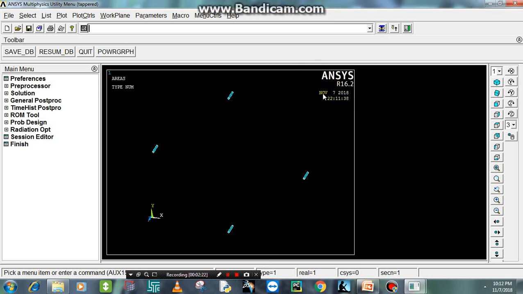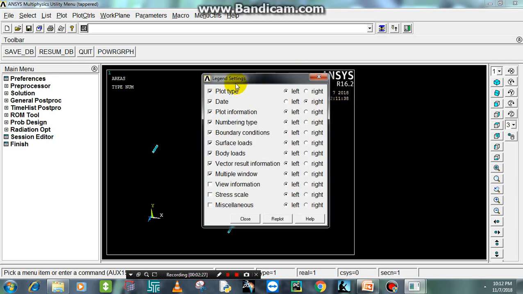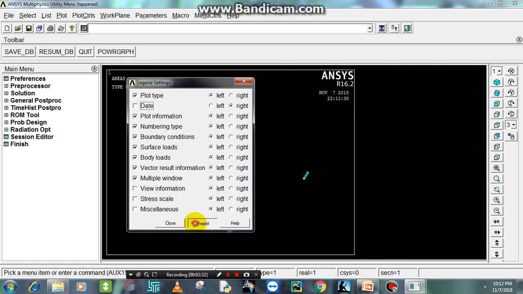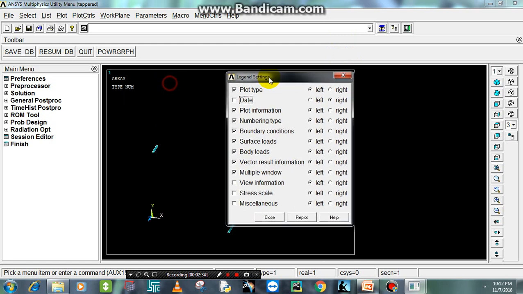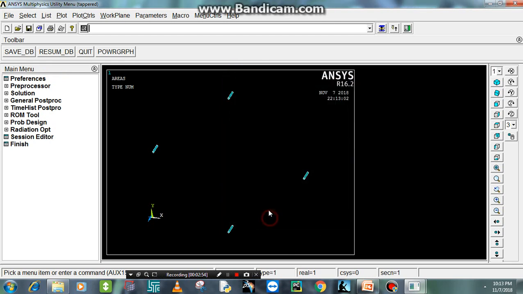Now if I want to turn this off, you just have to go to the legend settings. If you turn off the date, it will replot, so everything goes off. And if you want to turn off the type, whether the geometry is an area, volume, or a line, just click on plot type and it will replot, so it goes off. I just click and replot. OK, now we can see there are four